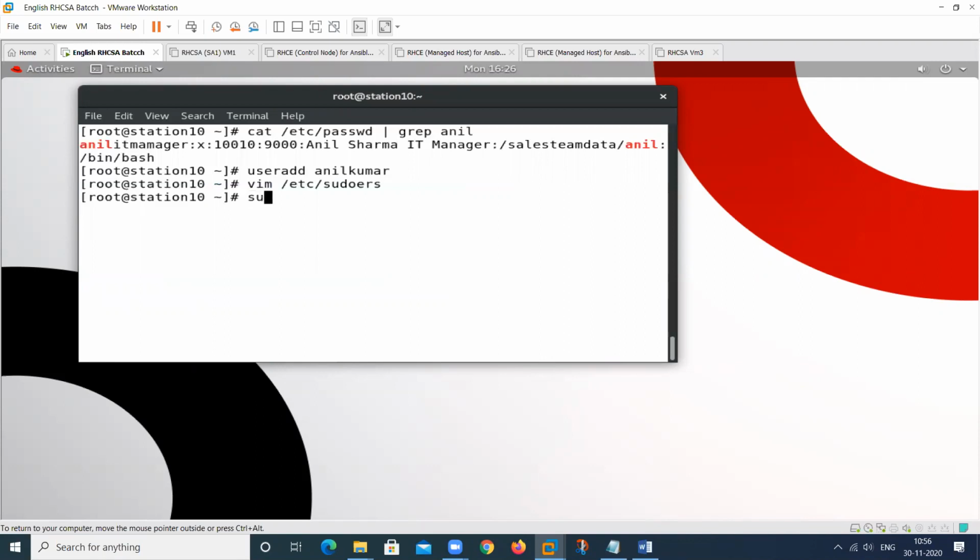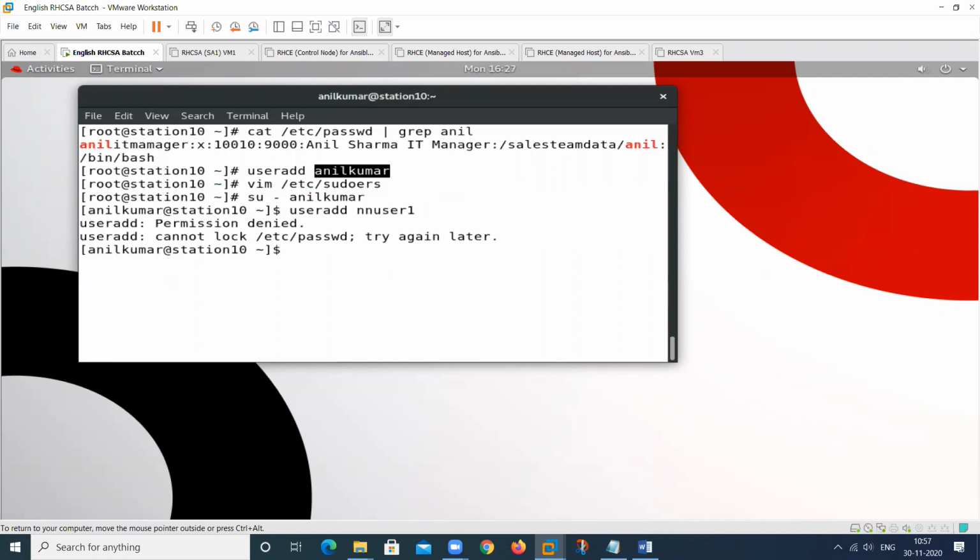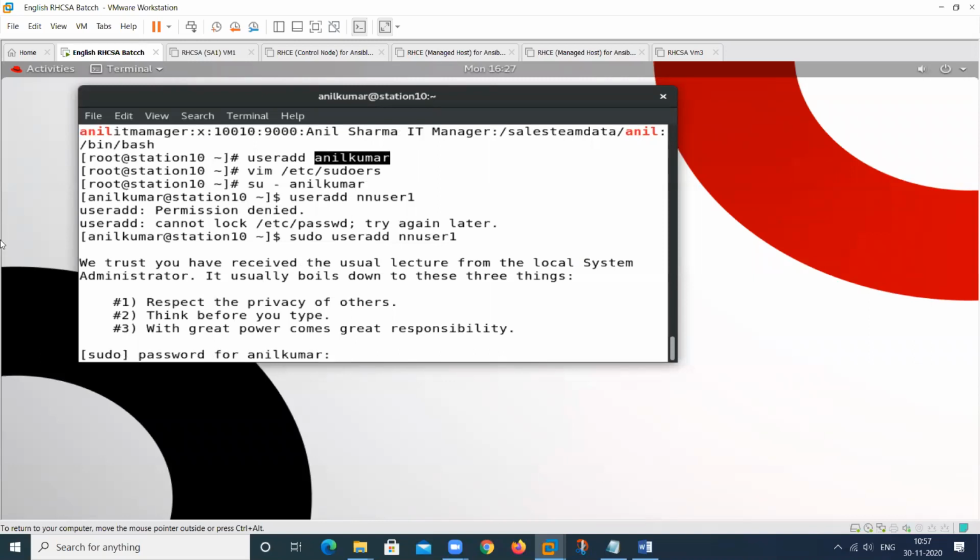Now see, su hyphen, give the name, then perform any administrative command. That is nnuser1. It will not perform. If I use sudo here, then type the sudo password.